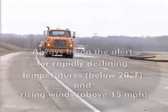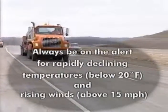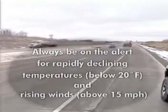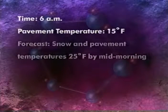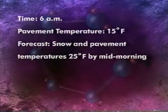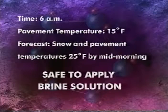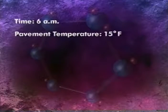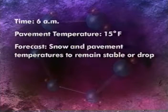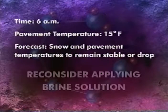always be on the alert for rapidly declining pavement temperatures and rising winds. Be especially cautious when it looks like pavement temperatures will fall below 20 degrees and winds exceed 15 miles per hour. If it is 6 o'clock in the morning, the pavement temperature is 15 degrees and the forecast calls for snow to begin falling soon and pavement temperatures to reach 25 degrees by mid-morning, you are probably pretty safe in applying a brine solution. However, if it is 6 o'clock in the morning, the pavement temperature is 15 degrees and the forecast calls for snow to begin falling soon and pavement temperatures to remain stable or drop, you should reconsider